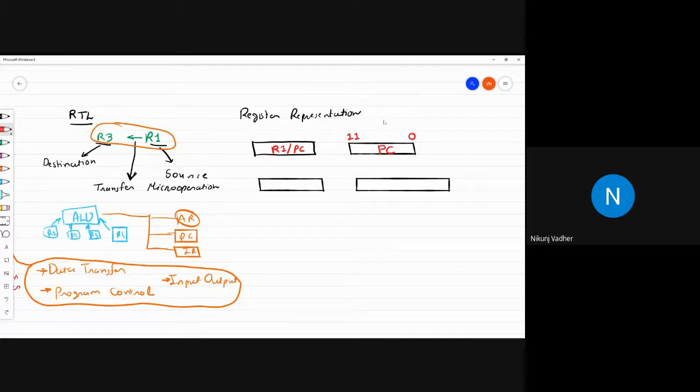Third method: let's say we are writing input register, and in that case we write 0, 1, 2, 3, 4, 5, 6, and 7. We write down the individual bits in the register, and then we show that this is the input register and these are its individual bits.